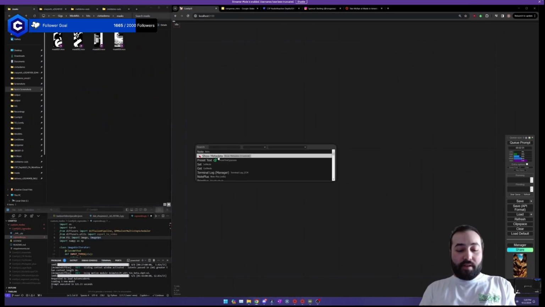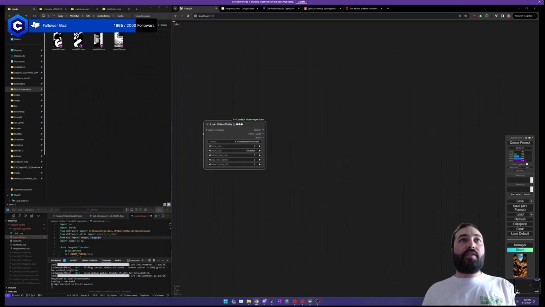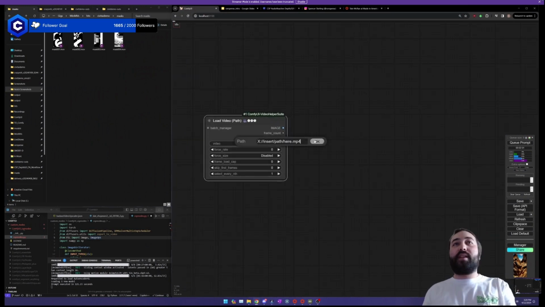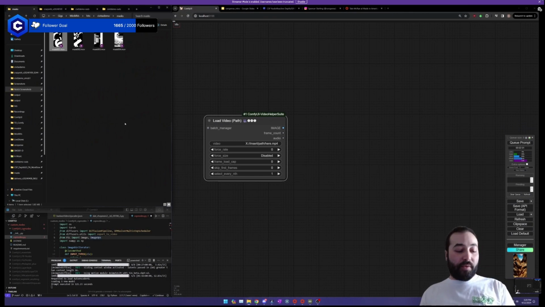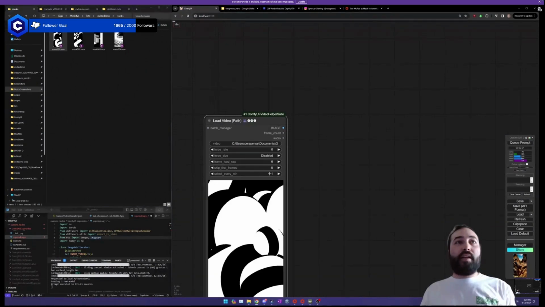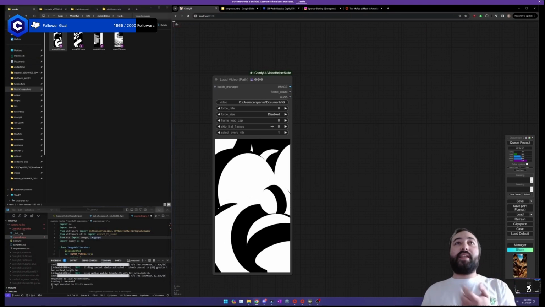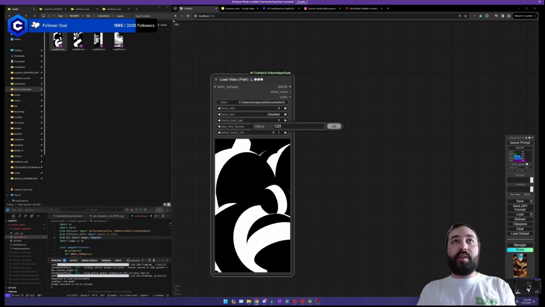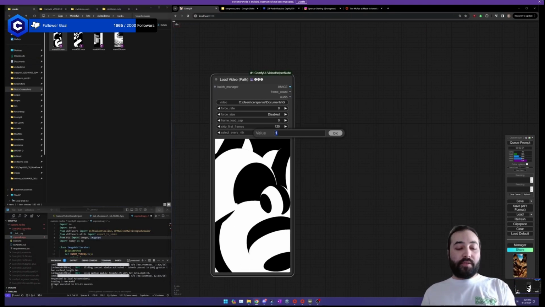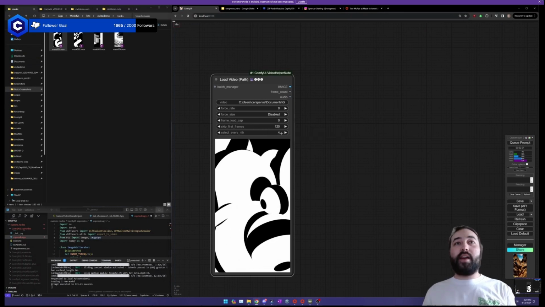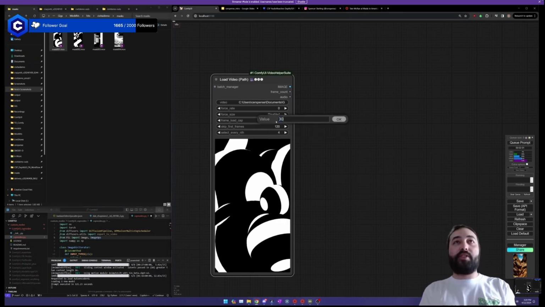First we're going to start off with video, load video path. This is going to load it. I like to use this one instead of the upload one, because I can just paste in the path. To copy the path in Windows 11, it's Control-Shift-C. Now I can just paste it in here. Since I rendered the loop twice, I'm going to skip the first 120 frames. I'm also going to only render every 4 frames so that we're only doing a loop of 30. I'm going to restrict it to 30.